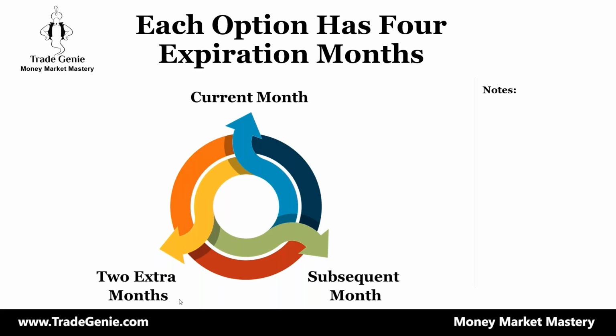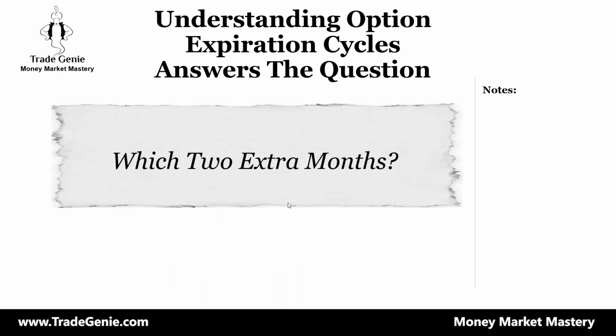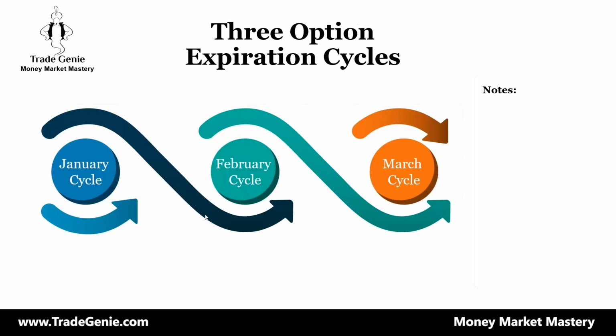Understanding the option cycle tells us which 2 months are available. There are 12 months in a year, so how do we figure out which 2 extra months are assigned to the option? The logic comes from here. They created cycles called the January cycle, February cycle, and March cycle. So what they do is,